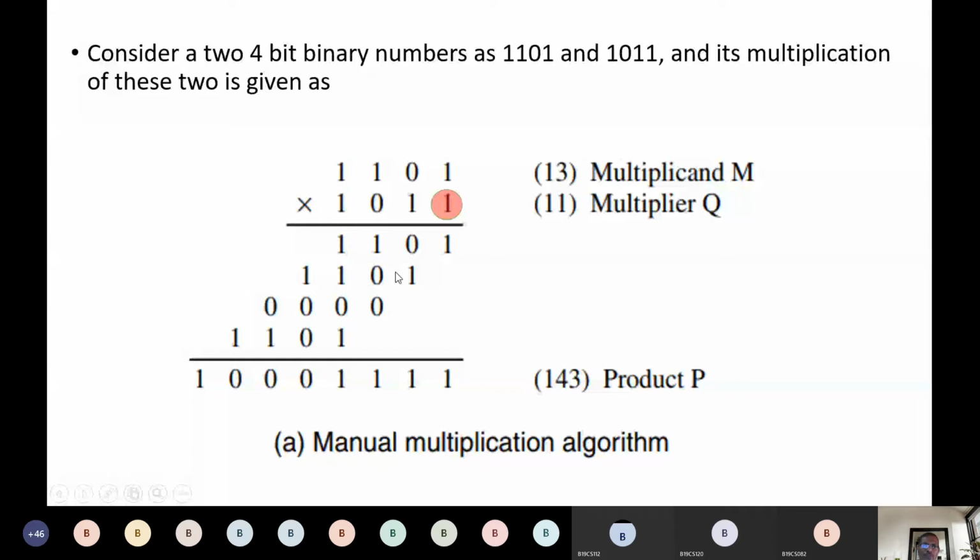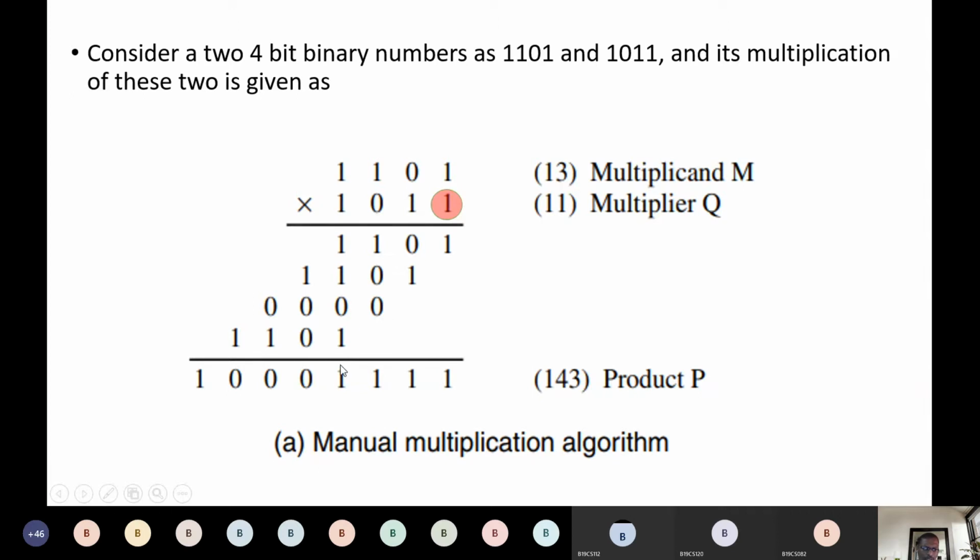When we multiply the third bit 0 with all 4 bits, we get all 4 zeros. Finally we take the last 1 and multiply with all 4 bits, again getting 1101. So you can see we either get the same number, the multiplicand itself, or we get zeros. We will add all these numbers, and remember we shift one bit to the left each time. We do the same thing in decimal multiplication also, right? So you can see the addition of all the values.